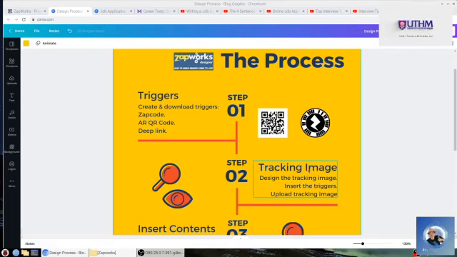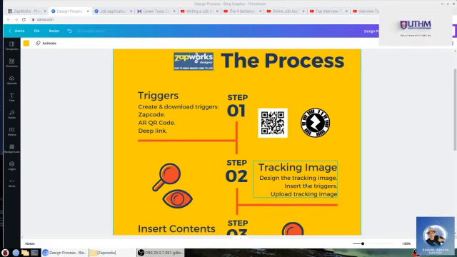So when we design the tracking image, we have to embed it with the triggers that we have already downloaded earlier. We design the tracking image, insert the triggers, and then upload the tracking image with these triggers